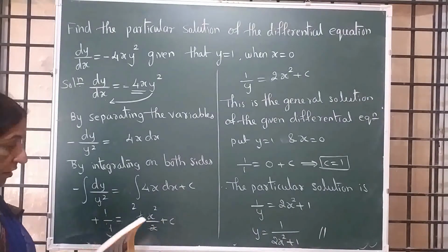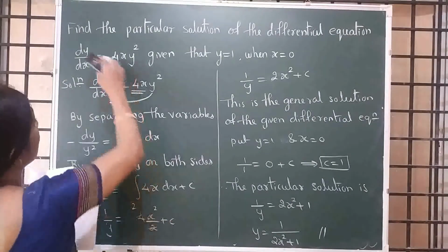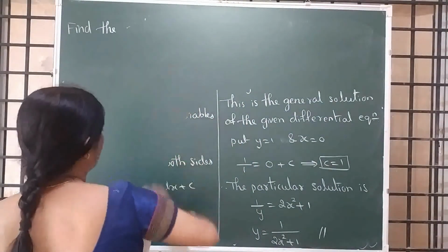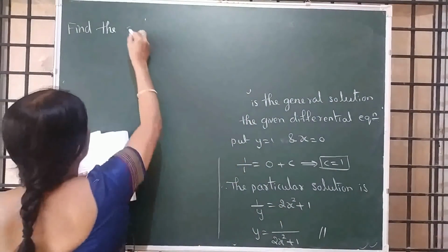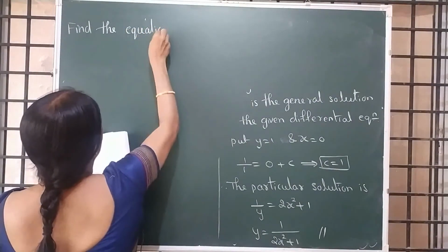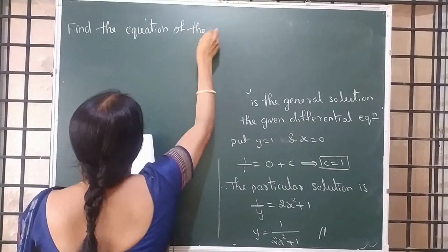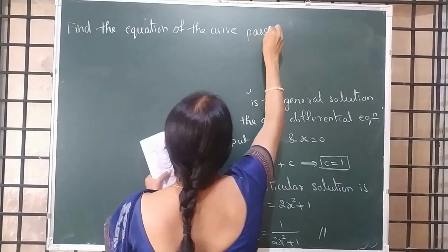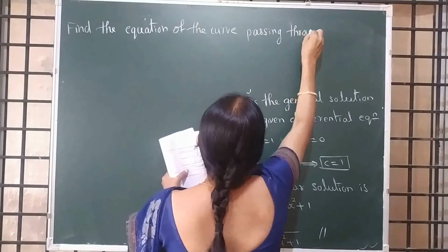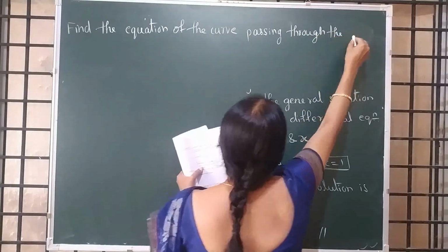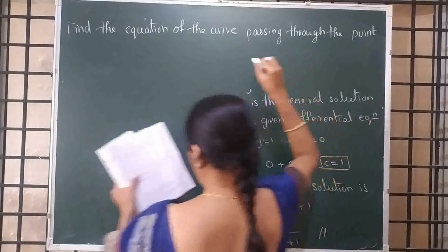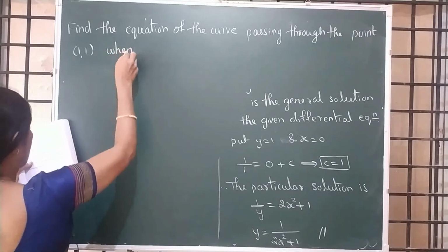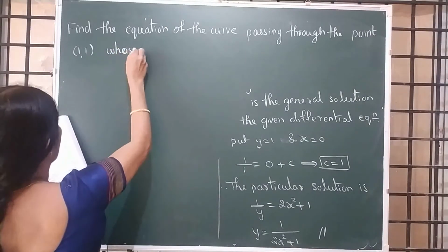Find the equation of the curve passing through the point 1, 1 whose differential equation is